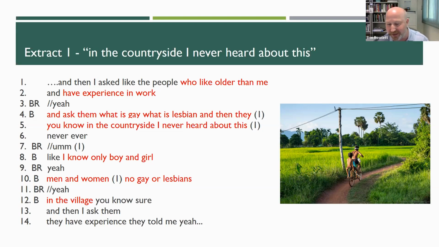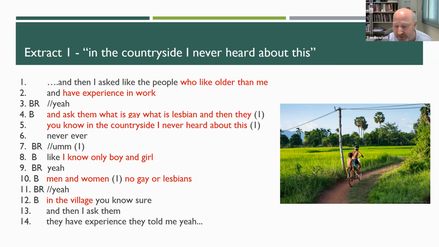Despite citing his ignorance of same-gender desires in the story, he told me he was admonished by his manager. After this narrative, he responds to a question that I then asked about what he had learned about sexual identities from this encounter. He begins his account from the past, from a kind of position of naivety, and this is via the construction of a stance in lines 5 to 10.